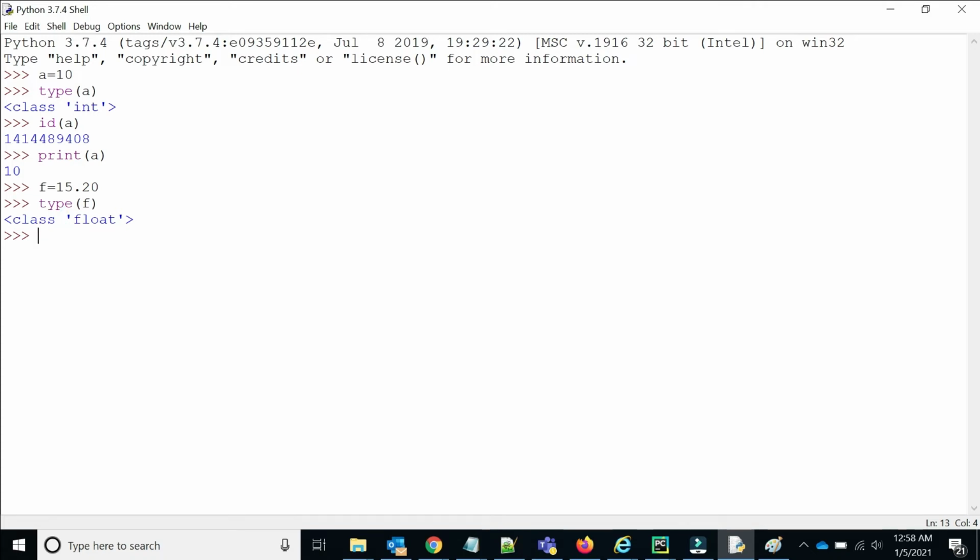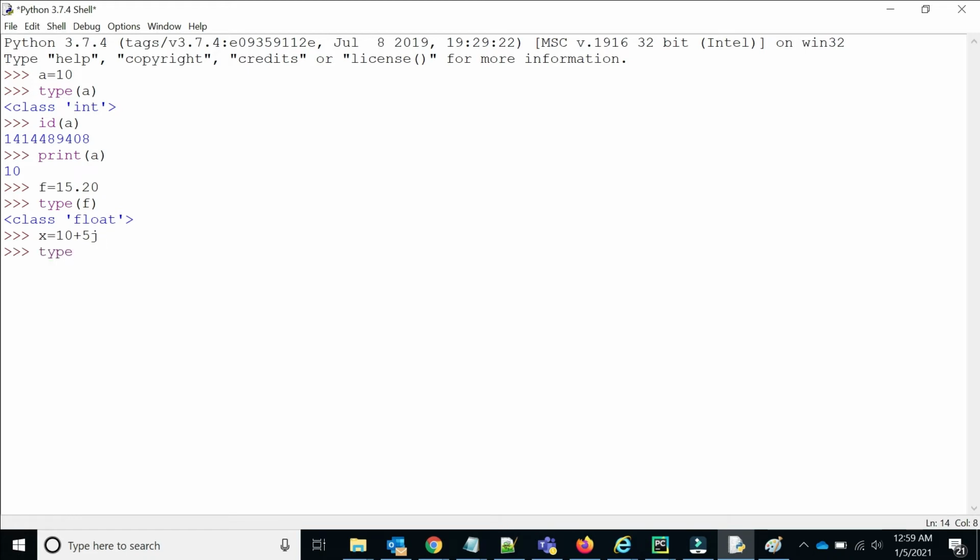Next we'll see the complex data type. The syntax for complex data type is a plus bj, where a is the real part and b is the imaginary part. Now let's take an example. x equal to 10 plus 5j.